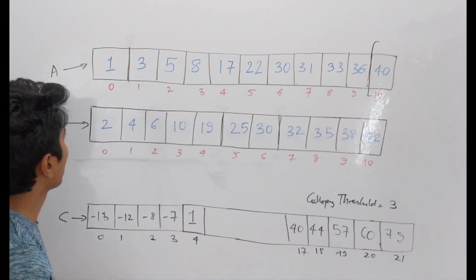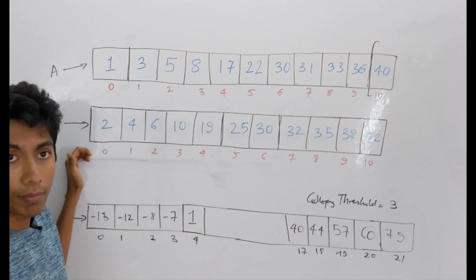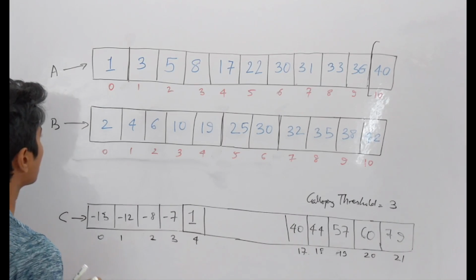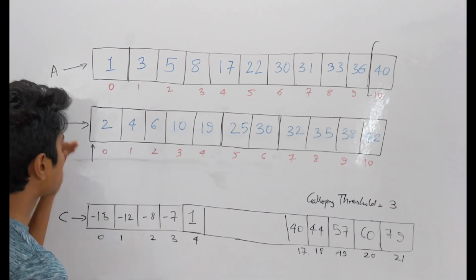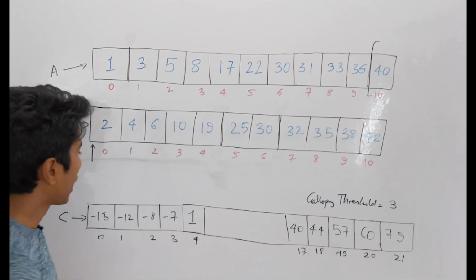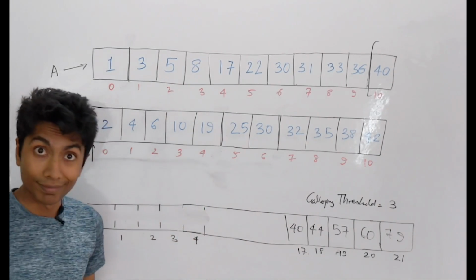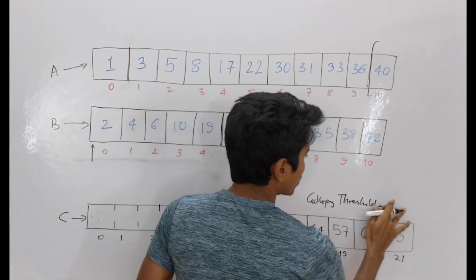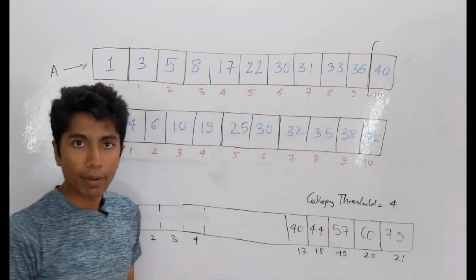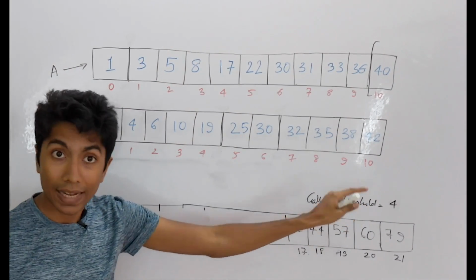1 is the smallest element in array A and also the smallest element in array B. The corresponding index of this comes down to 0. If it existed, it would have existed here, which means that all elements before it, which is nothing, have to be copied onto the array C, which is nothing. So the gallop was really bad, and if I start with a galloping threshold of 4, it does not meet the galloping threshold because the number of elements is 0, galloping threshold is 4, that is greater,